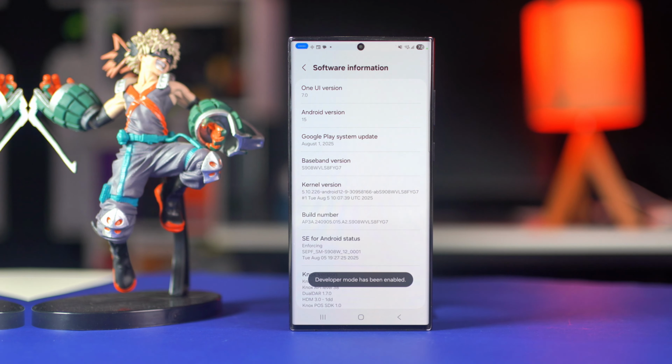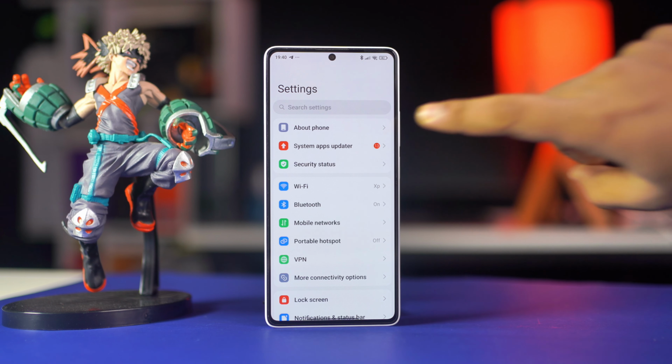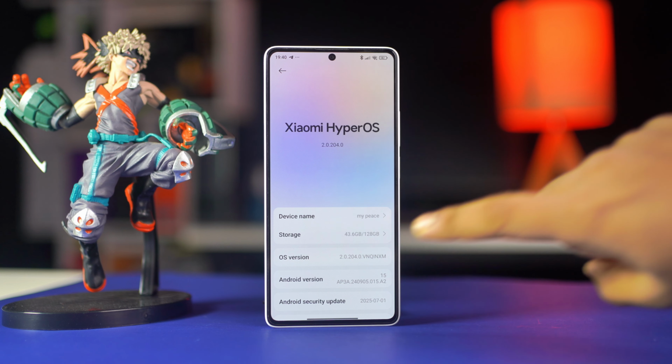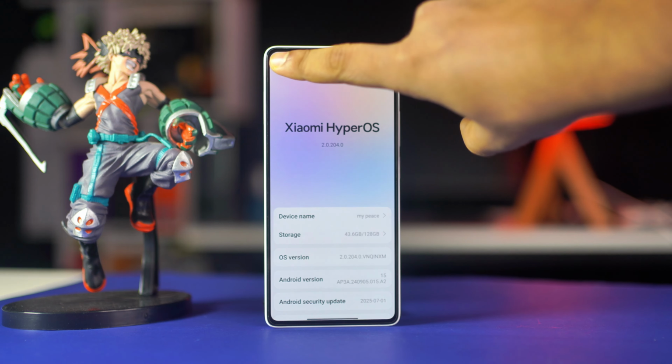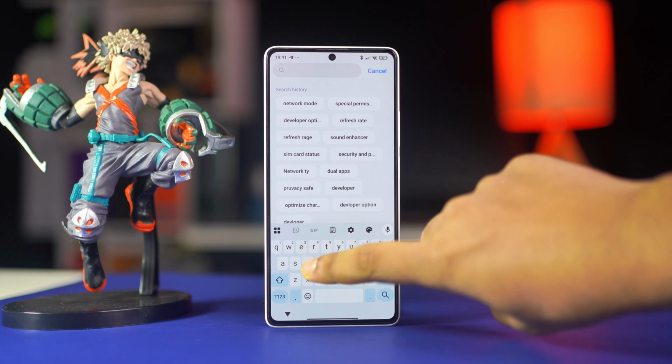Now grab the other phone. Open the Settings app. Tap About Phone. Now scroll down a little bit. After that, tap on the OS version 7 times, and then you will see a pop-up message that says you are now a developer. Now go back to the settings page, then tap on search, type developer, then tap on